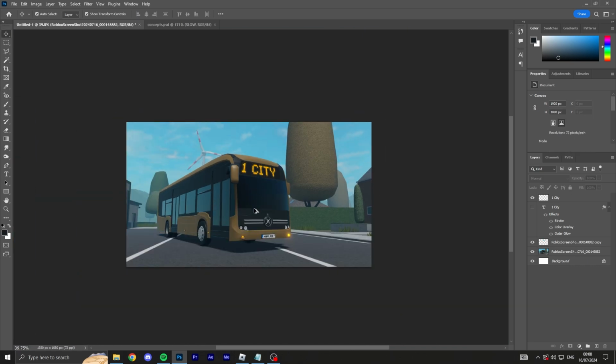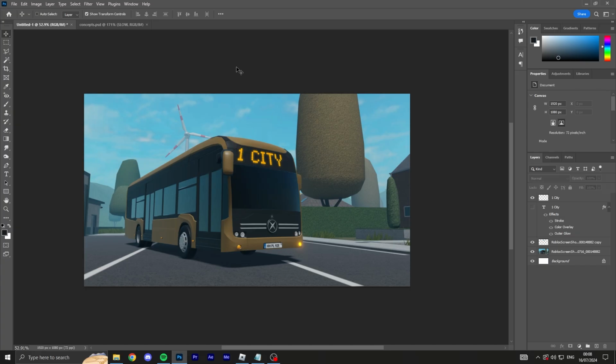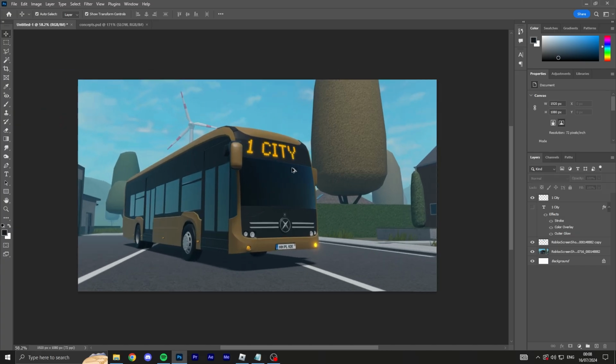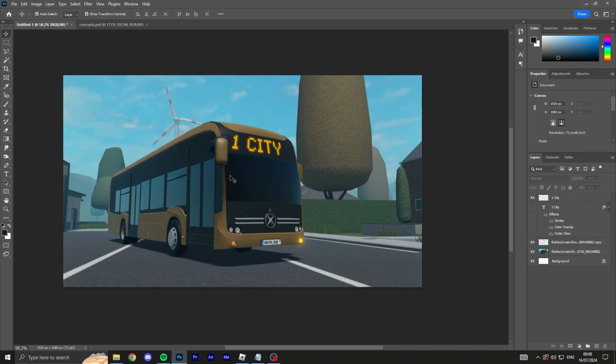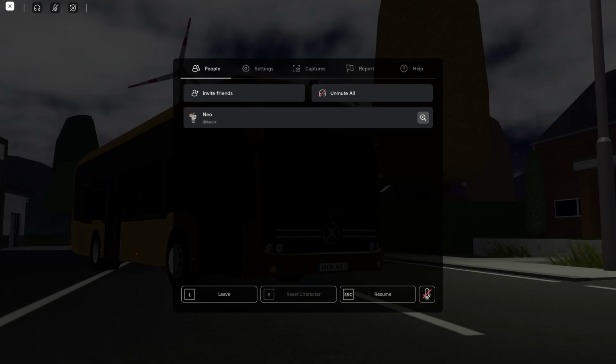But yeah, that's probably the best I'm going to get. I'm probably going to undo that because it doesn't look very good. But yeah, one city. There you go. That is the concept done. Very simple, but obviously it shows how it could look, and it looks pretty good to me, so I'm quite happy with it. Let me know what you think of this one in the comments.